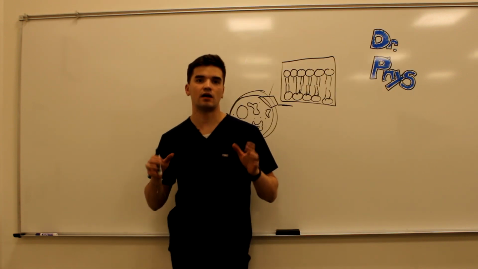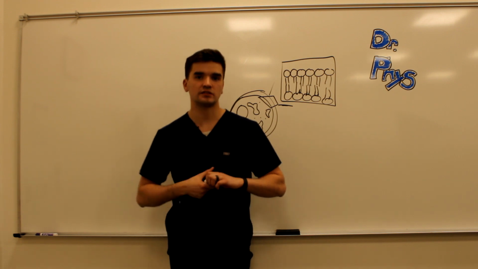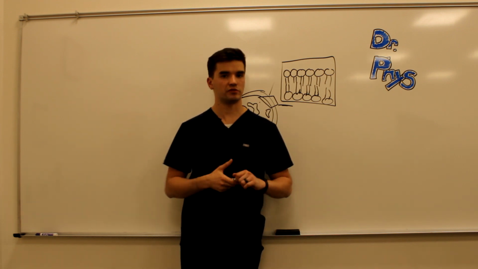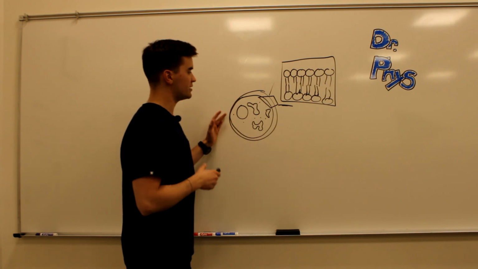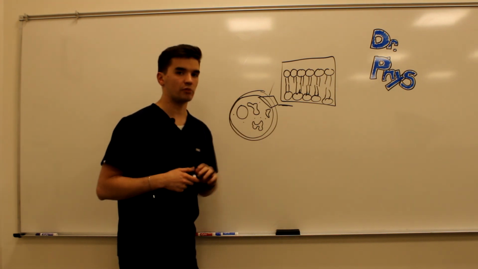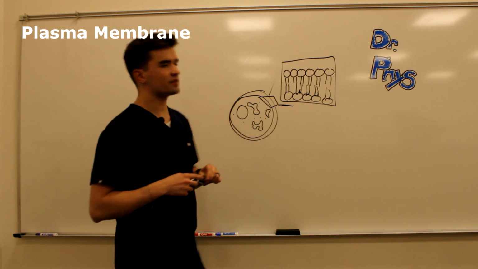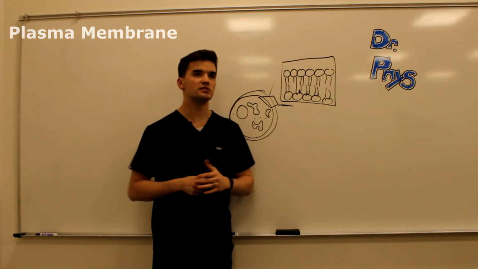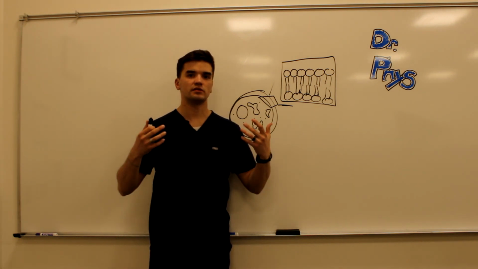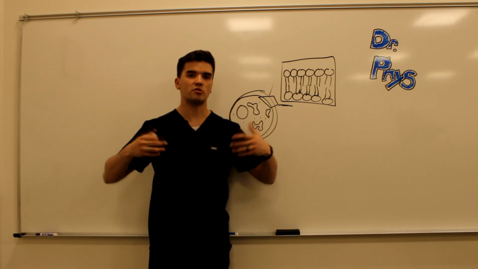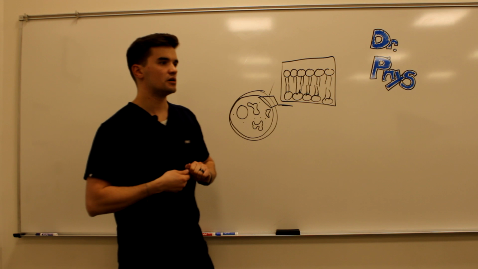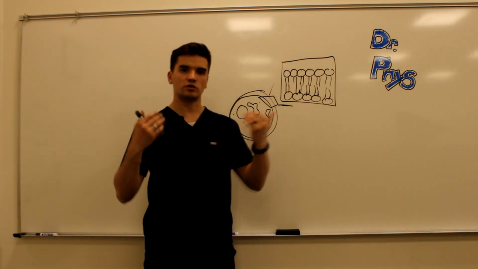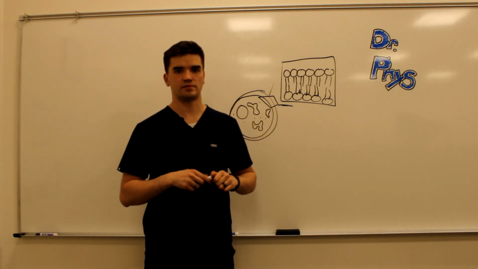Let's talk about it on a cellular basis, because this will be the foundation on everything we understand with physiology. A cell is encapsulated by something called a plasma membrane. That plasma membrane sort of acts like, I guess, our lungs. When we breathe in oxygen, when we breathe out CO2, we sort of allow things to go in and out of our system that way.